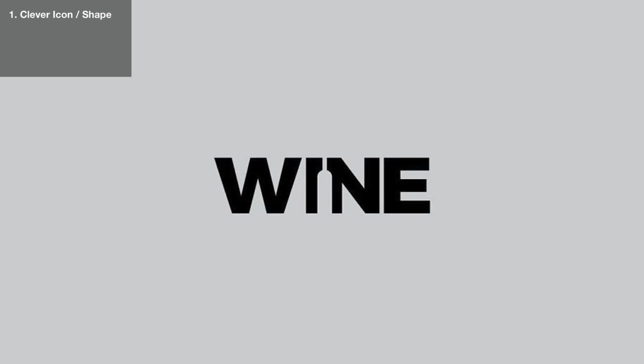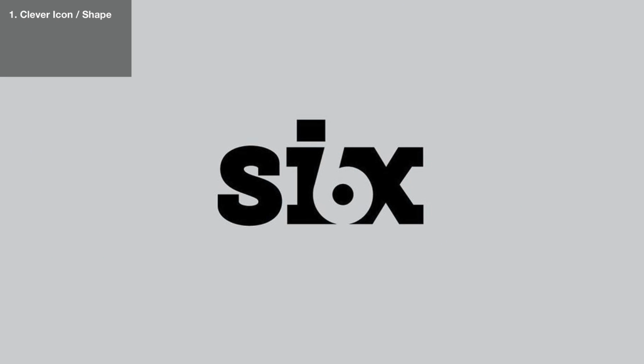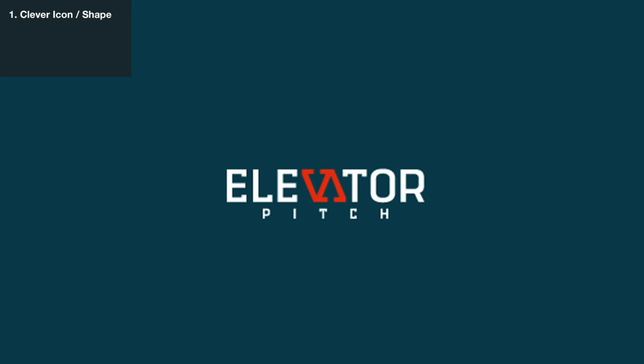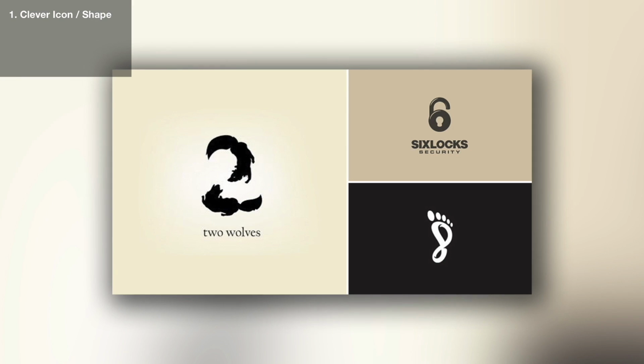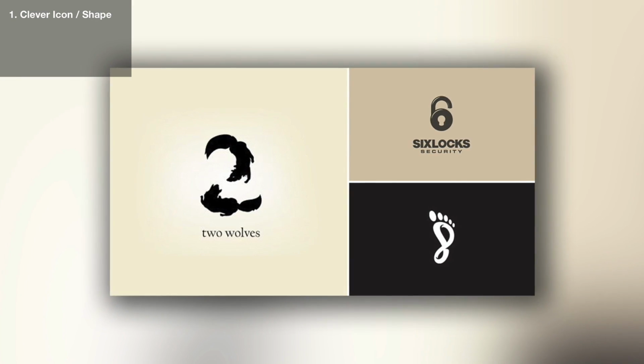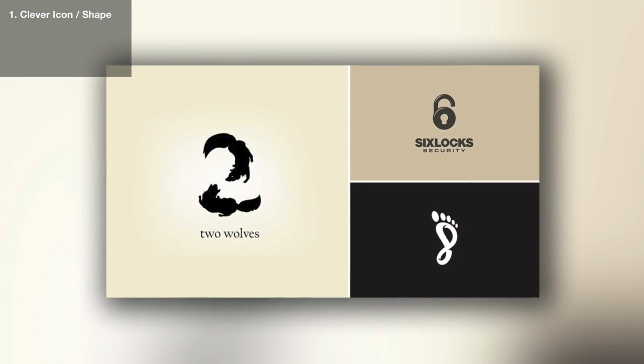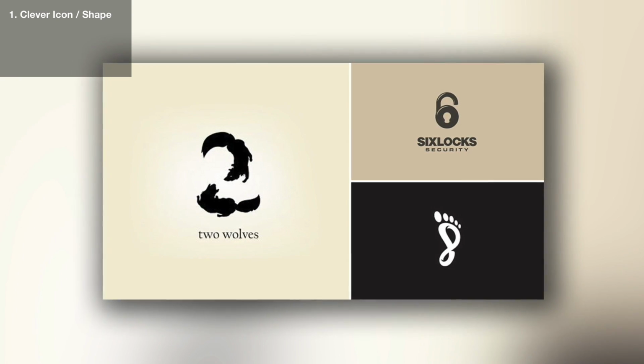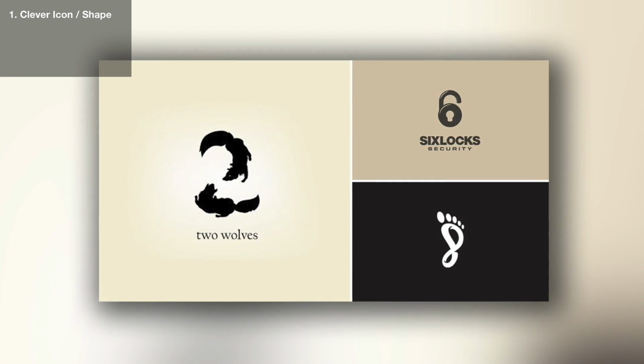The first tip for creating a simple and minimal logo design is to bring a symbol into the logo. The symbol should be relevant to the brand, but in a very simple and minimal manner. So maybe take an object or a concept that relates to the brand and then incorporate that into the logo type or the symbol in a tactful manner. This is a very clever and surefire way to result in a clean and minimal logo design if it's done